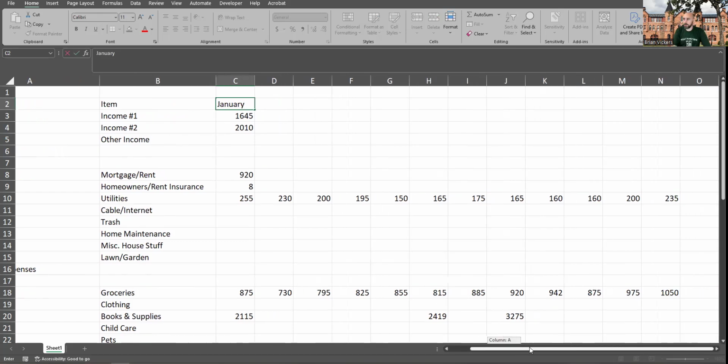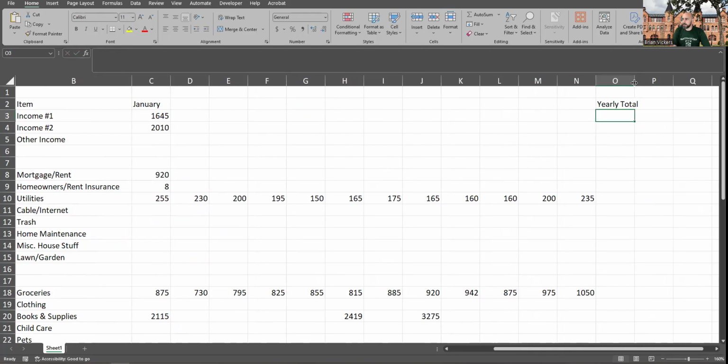All the way down to O2, yearly total. So we've got to adjust the column width. If I double click on the line to the left or the right of the letter of the column, it will actually auto adjust it for me as long as it's on one row only. So I can double click that and it'll go exactly to the width it needs to make sure it displays